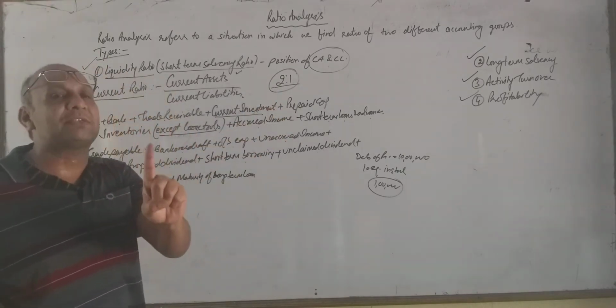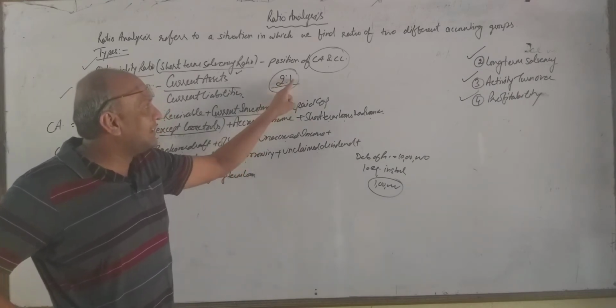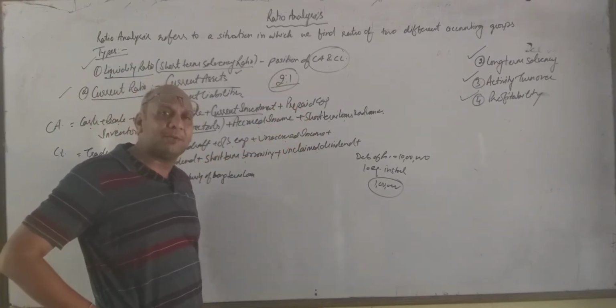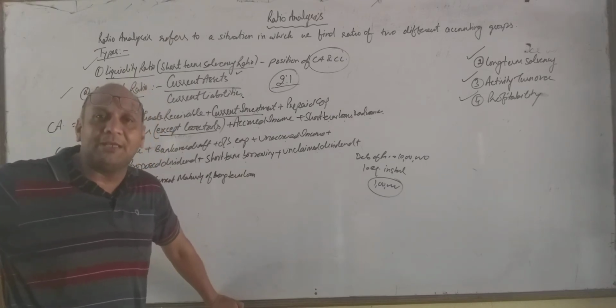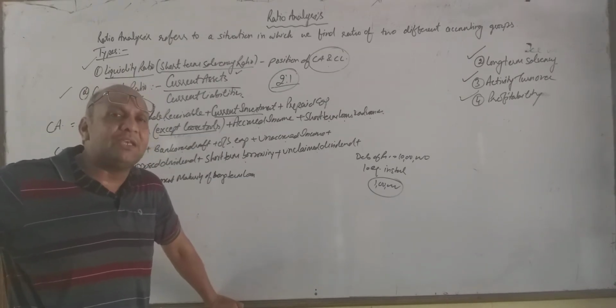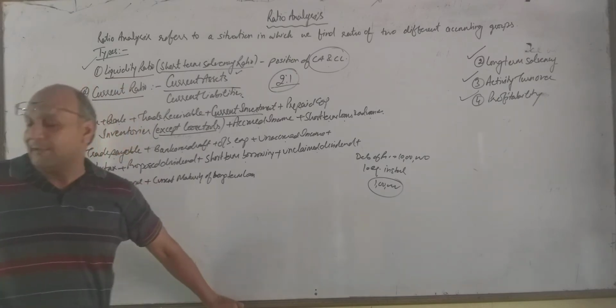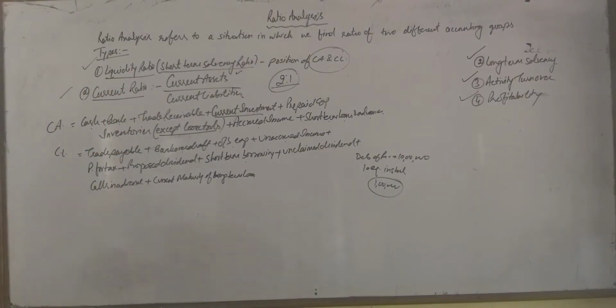At least 1 rupee. If we pay all the current liabilities of 1 rupee out of 2 rupees of current assets, even then at least 1 rupee will be remaining with us, and with that 1 rupee we can run our business smoothly. So this is how to find the current ratio.